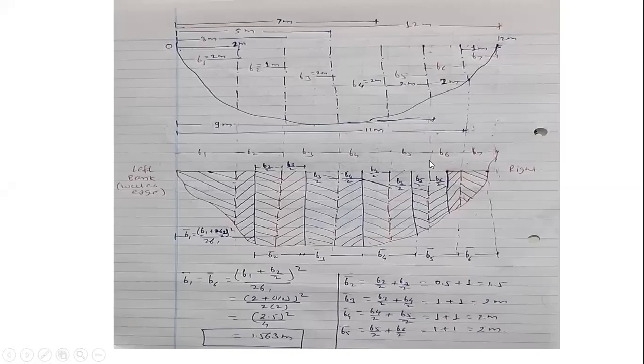Then the next one is this vertical. For this vertical, half of the left, that is B5, and half of the right is B6. So I have drawn once again this central line or vertical line, which is going to divide this B6 into two equal parts. This continuous line is a vertical line which is going to bisect, or divide, this particular width into two equal parts.